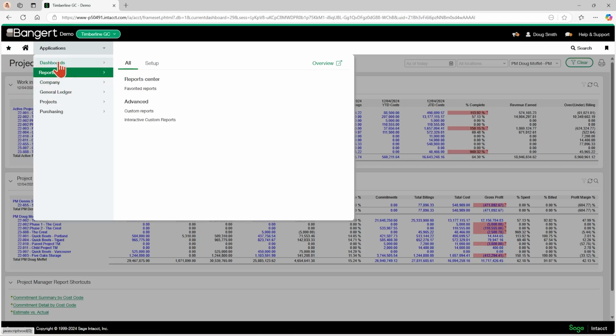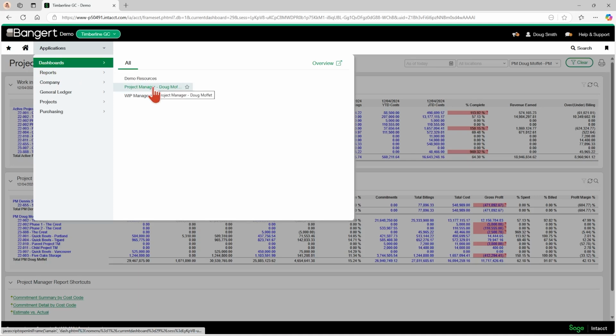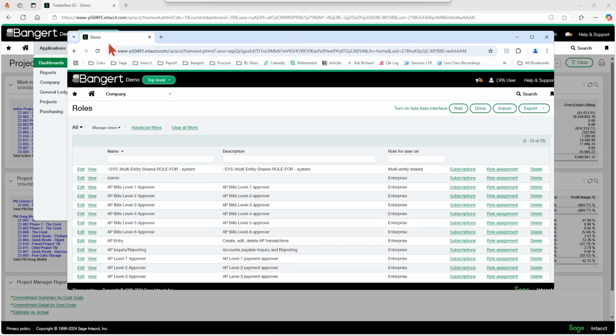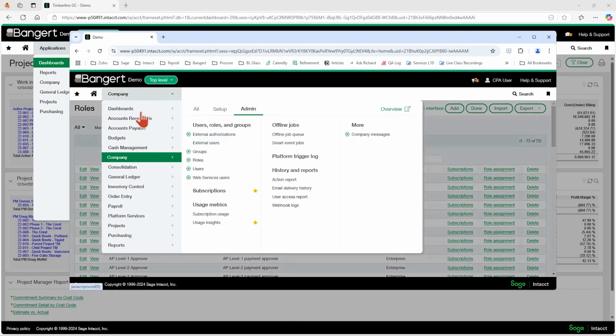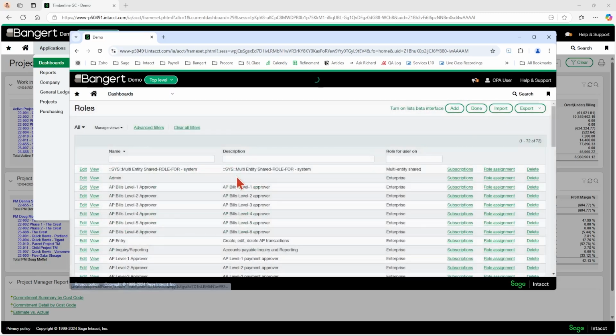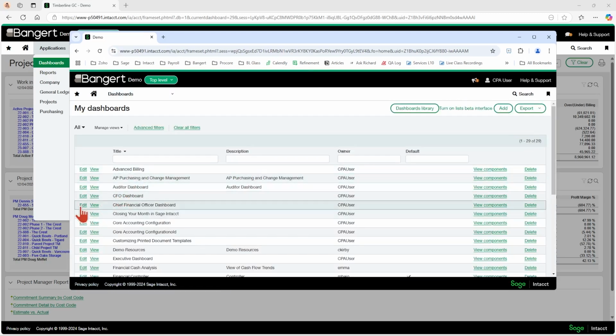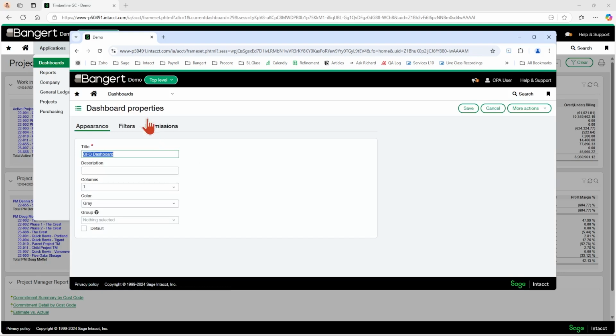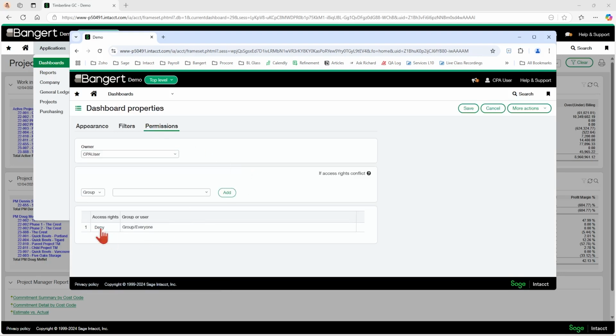So if we go to the dashboards area, you can just assign his one dashboard to him. There's a couple others that are assigned in this specific demo, but if you want to just give him one, you just give him access to the one dashboard. In order to do that, you are going to go to the dashboards and you're going to edit. I'll just edit one of these and go to permissions. And here's where you can assign who gets access to the dashboard or who doesn't.